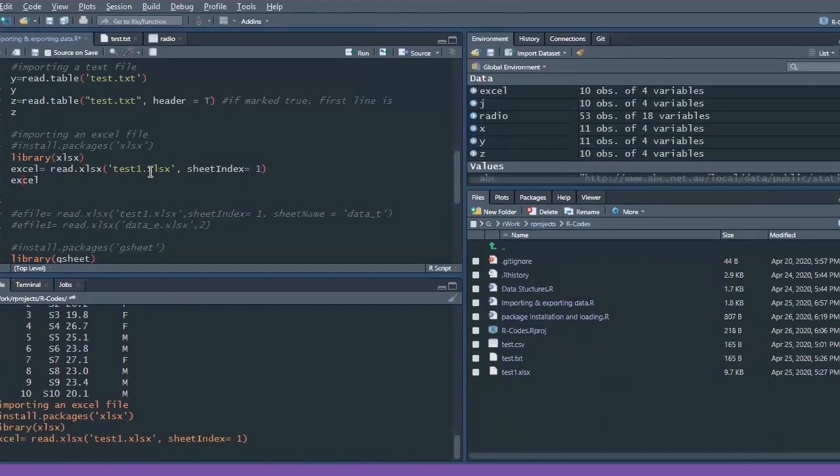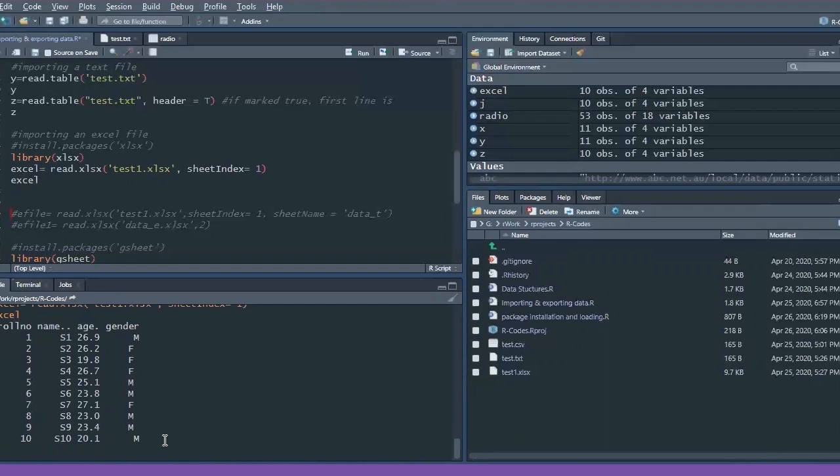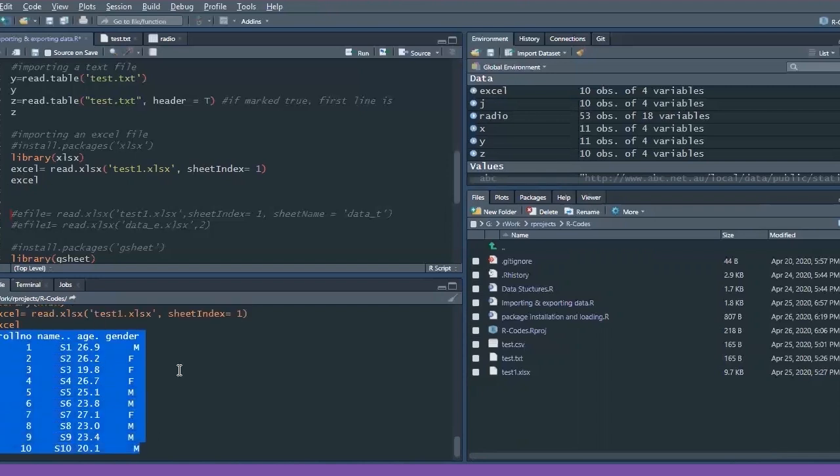Now let's run this Excel sheet, and you can see my values are saved in this. I have taken a very small data set here. There can be n number of rows and columns. It will be very easy for you to run this command and load that data into R and do further